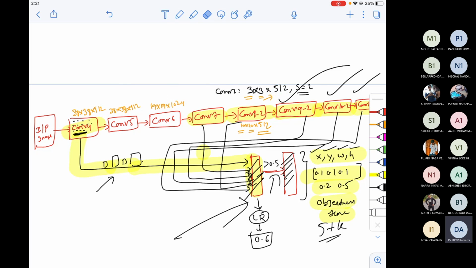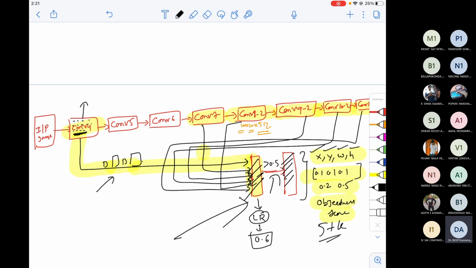Let me just erase all these things. Now let me write the number of boxes that I'll be drawing in every feature map. You know that in the previous architectures, we used to draw 9 anchor boxes for every pixel, and this is an empirical evaluation that they found that 9 is the best. But the people who came up with SSD said, why should I draw a constant 9 across all feature maps?